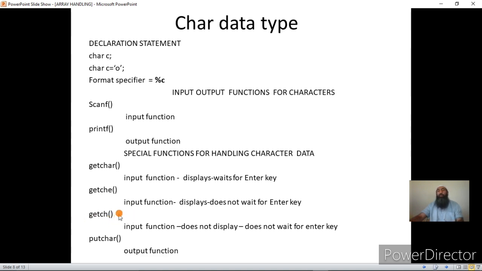But getCh is specialized for the cases where you want to enter passwords, because if you type your password on the keyboard and if that is displayed on the screen, anybody can steal your password. What we do normally is that we take password input with getCh, and once we have pressed the password character, that input is taken and stored in a character variable.